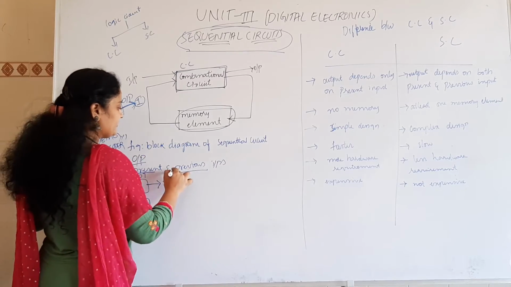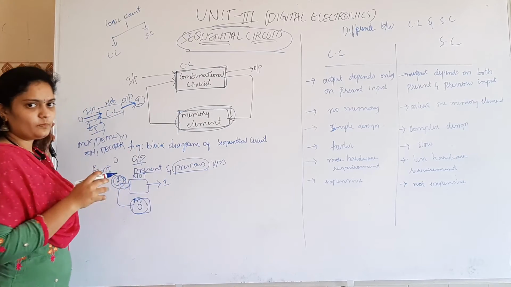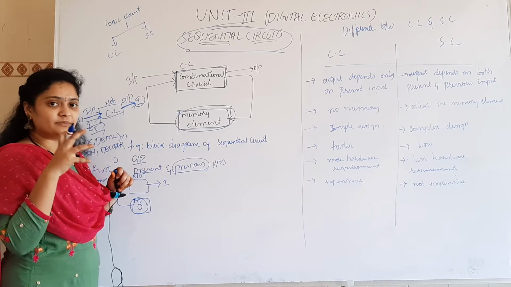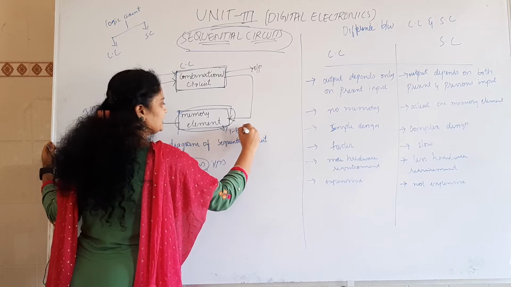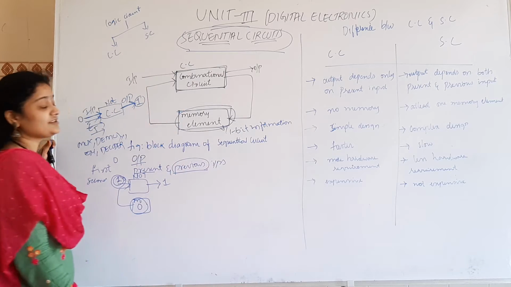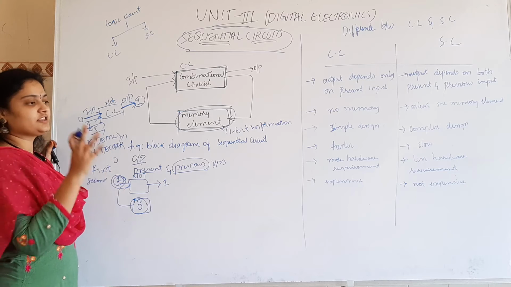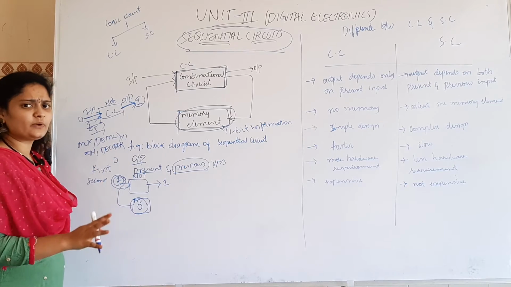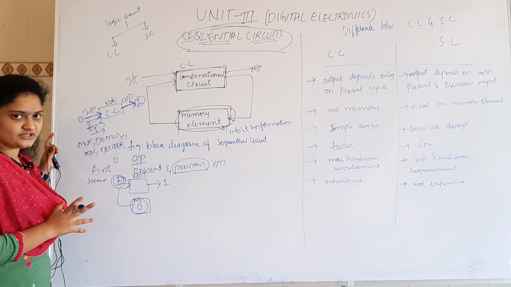So how the previous input is stored is through the memory element. Generally, what is meant by memory? It is used to store some data or some information. Here it is going to store 1 bit of information, because our subject is digital electronics, so whatever data you give is only bits, nothing but ones or zeros. So here it is going to store 1 bit of information, either 0 or 1. This is the definition and block diagram of a sequential circuit.